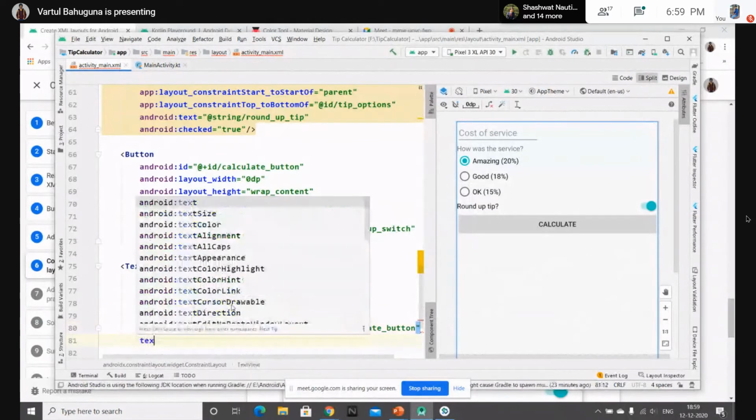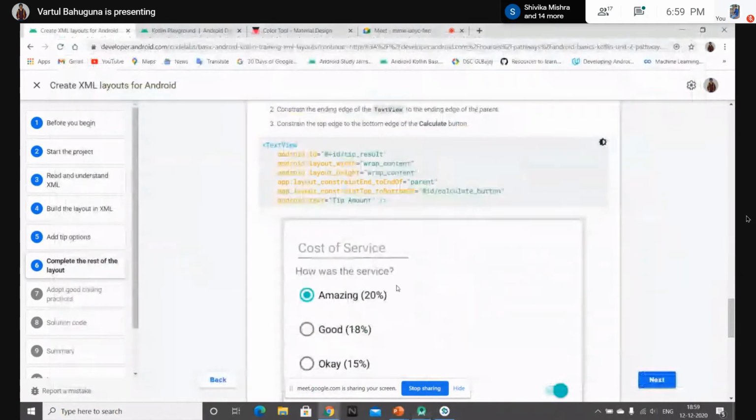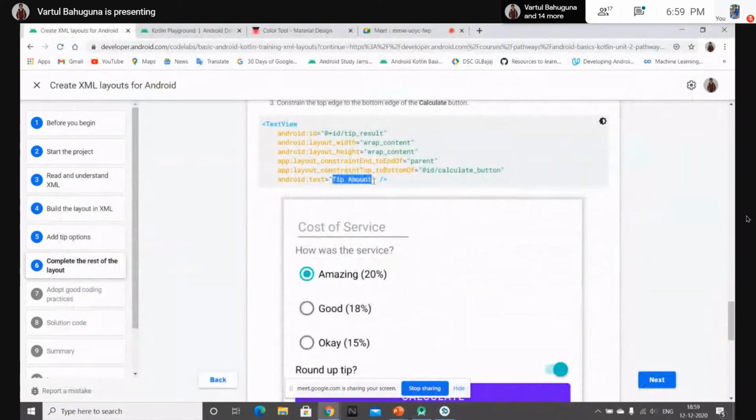Now let's type the text that's written in here. The text is Tip Amount.